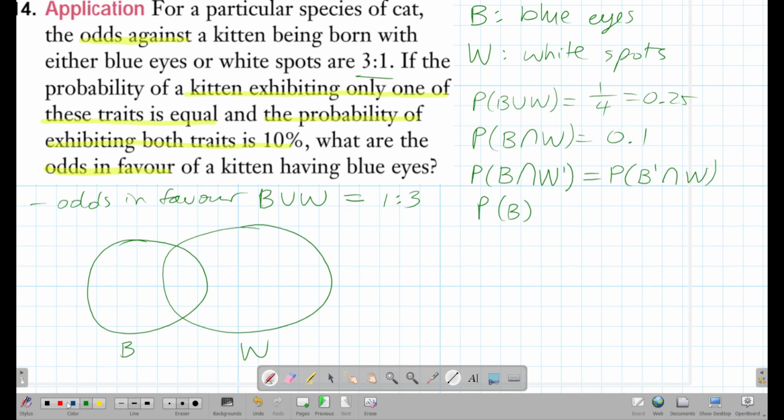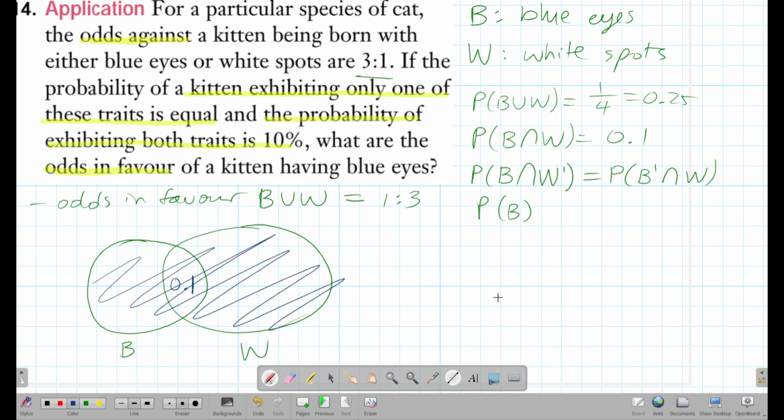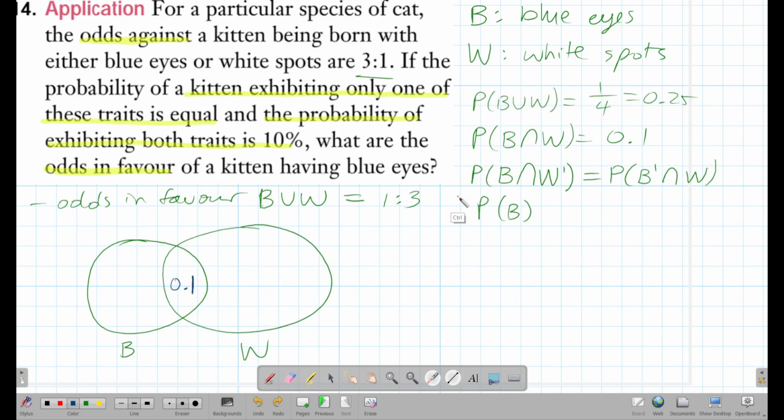So we're going to write that 0.1. We know that that's in the middle. We also know that the entire thing adds up to 0.25. That's what this part is telling us. Blue eyes union white spots, or B union W, that adds up to 0.25. Okay. And we also know that